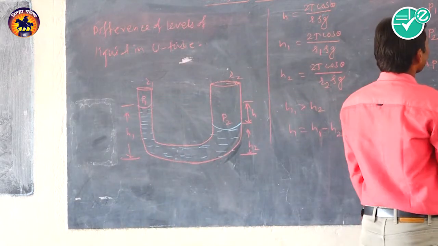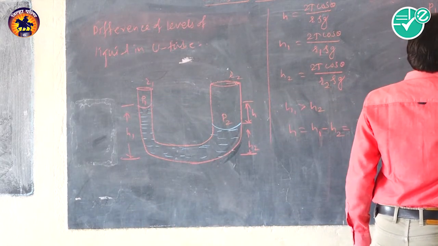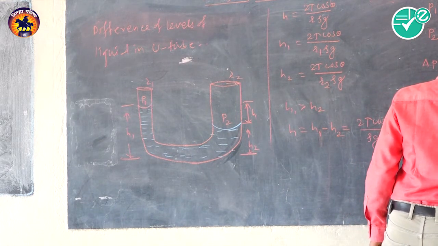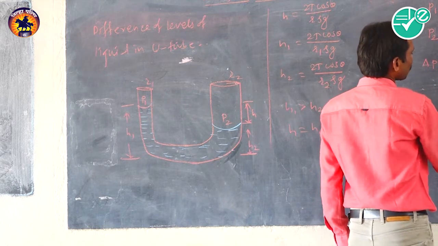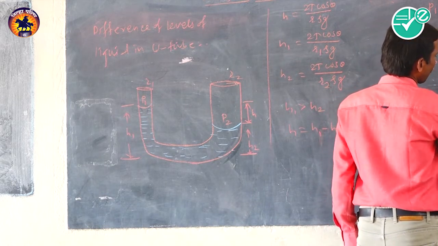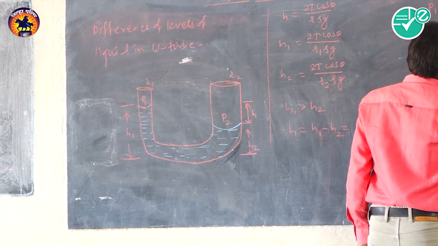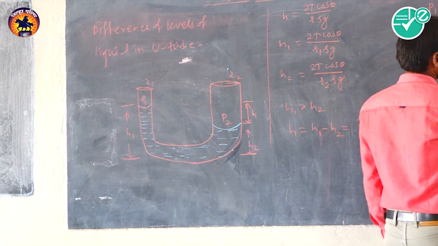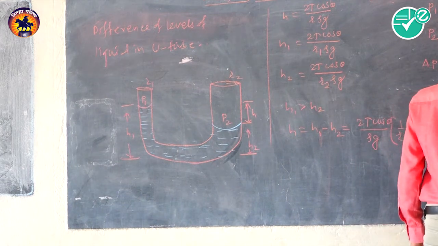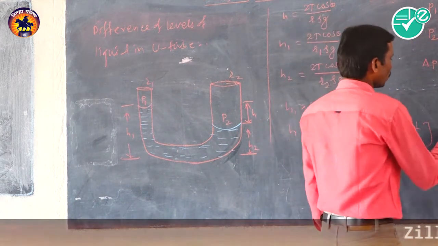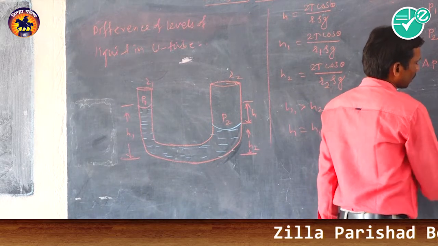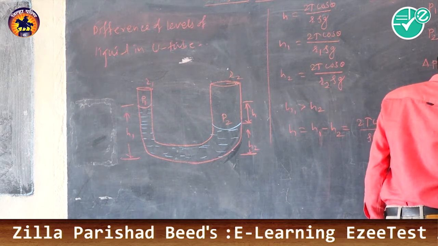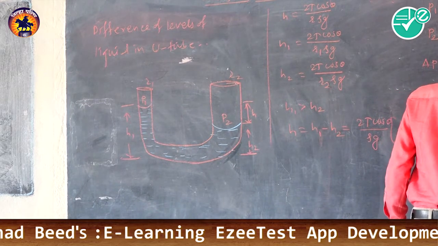So that is equal to P1 minus 2T divided by R1, minus P2 minus 2T divided by R2. Solving this, we get P1 minus P2 equals 2T in bracket 1 divided by R1 minus 1 divided by R2. And so we get P1 minus P2 equals 2T in bracket 1 divided by R1 minus 1 divided by R2, plus h rho g.